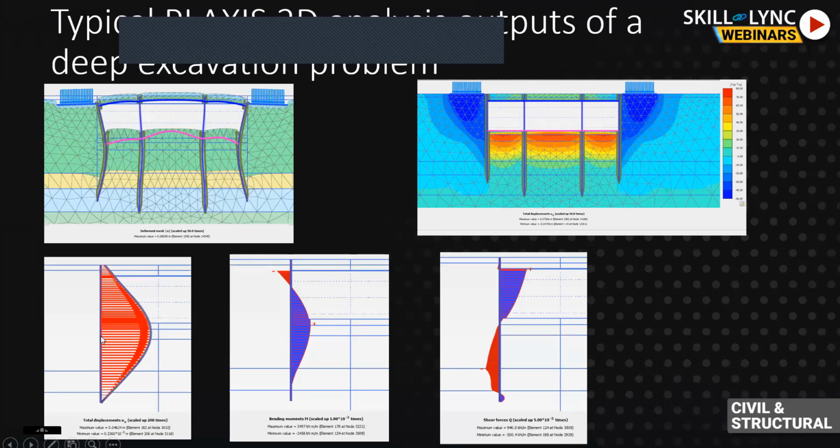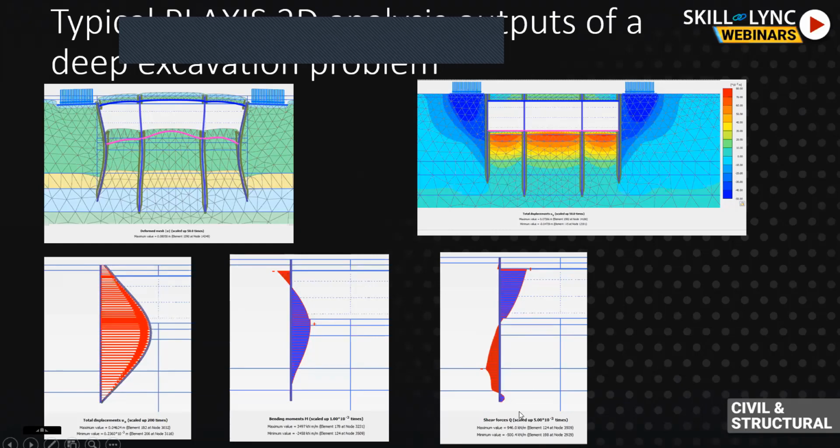The bottom three photographs are bending moment. No, sorry, total displacement. This one is the total displacement, 46 mm, and this is the shape of deformation. Since it was not a cantilever structure, actually a roof slab is there at the top, deformation is restricted at the top, but it is more in the central part. The bending moment profile is this. You can see a sharp increase after the base slab part. Then again, at the roof slab part, the bending moment profile goes to the negative side.